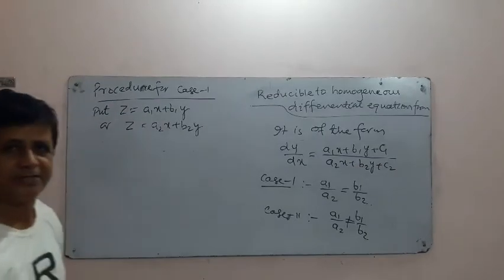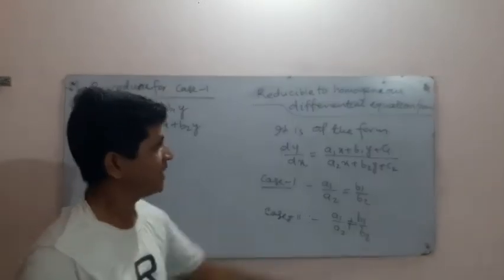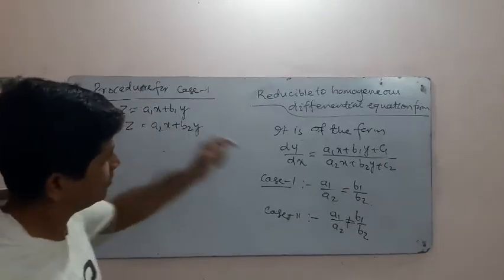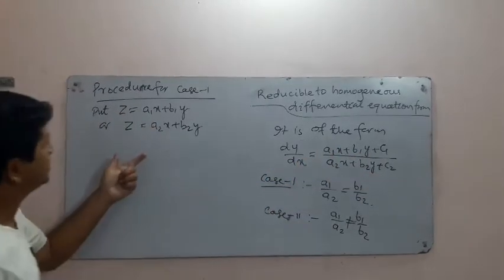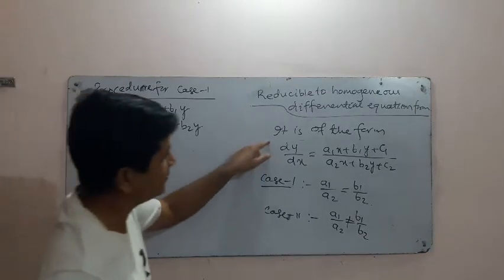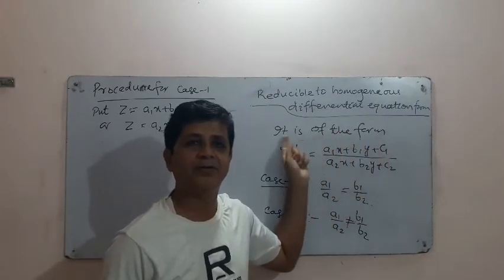Substitute totally a1x plus b1y plus c1 or a2x plus b2y plus c2. If there is no common from c1 and c2, then it will be z equal to this part or this part, right? From this we find dy by dx and put the value of dy by dx here and write the equation completely in the form of z.